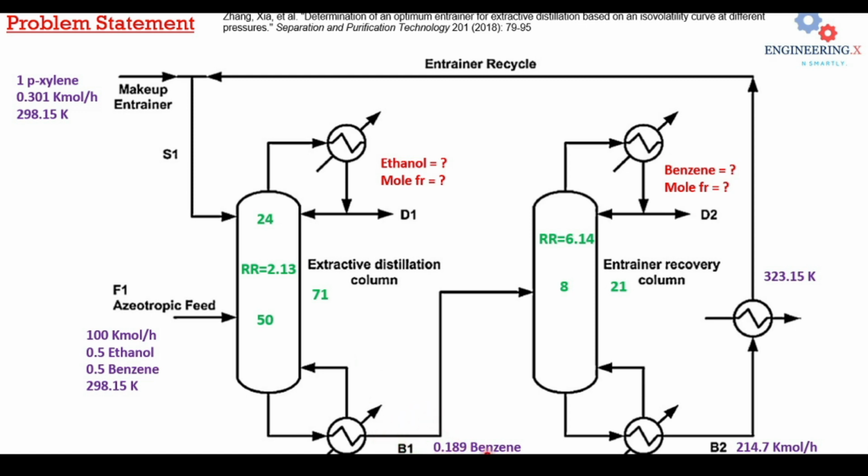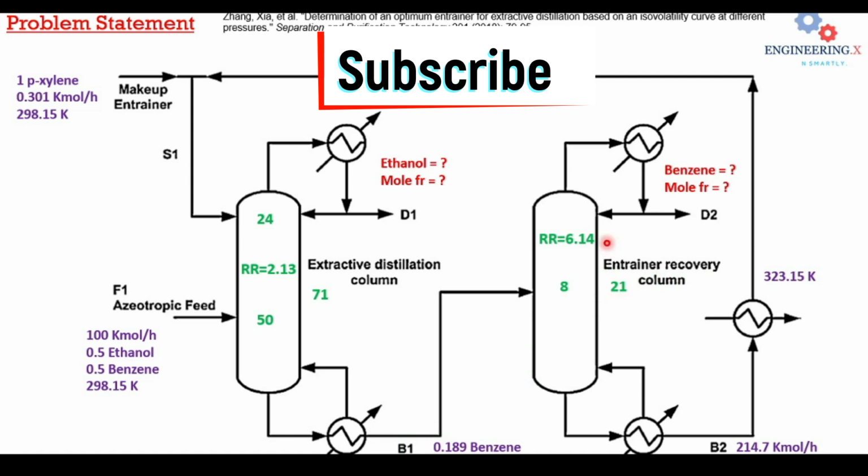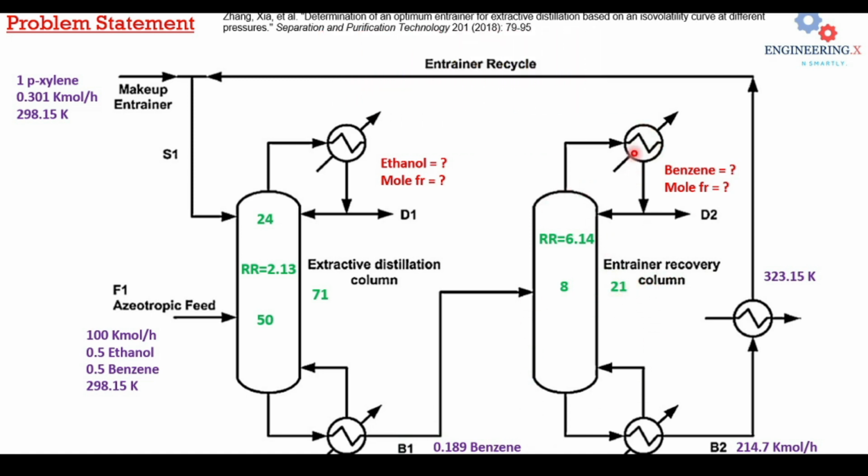and the bottom mixture is fed to the second distillation column, that is called solvent recovery column, and this column has total 21 number of stages including the condenser, and the reflux ratio is set here 6.14, and feed enters on stage number 8. And we have to find out the benzene mole fraction at top, and the bottom product